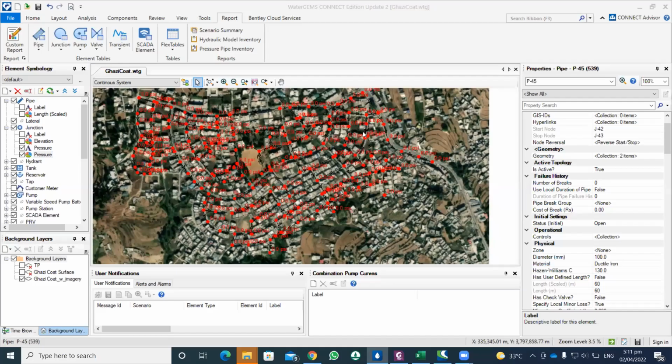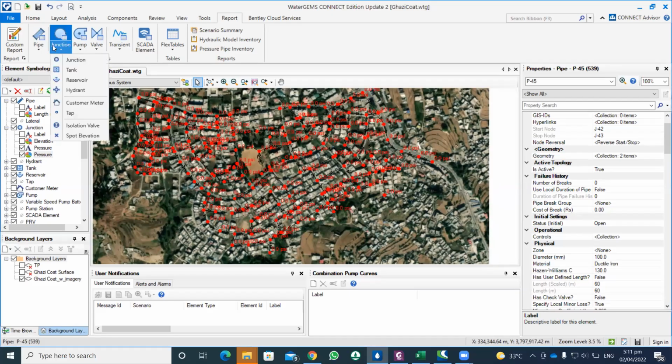So this is the last session, and in this session I just want to show you the reporting of your finalized design, that how you will make a report. So for example, if you want